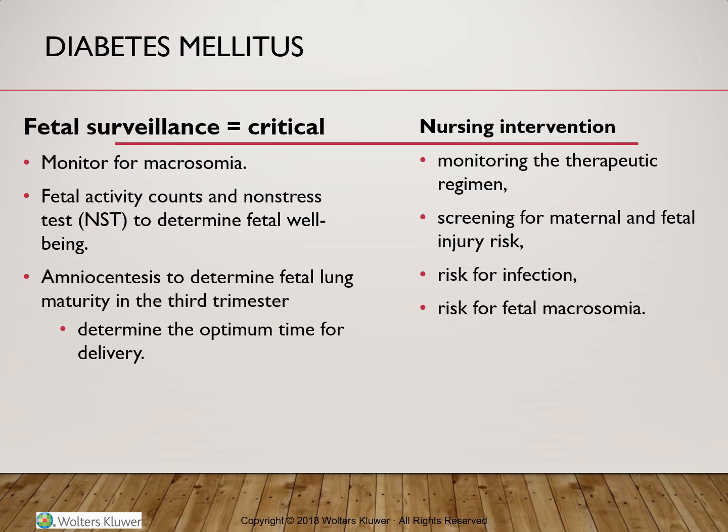So for patients with type 1 diabetes, the woman may self-administer insulin through scheduled subcutaneous injections throughout the day, or she may use an insulin pump. Whenever diet and exercise fail to keep the fasting glucose levels lower than 95 or below 122 two hours after a meal, we can recommend even to a patient with gestational diabetes to use insulin.